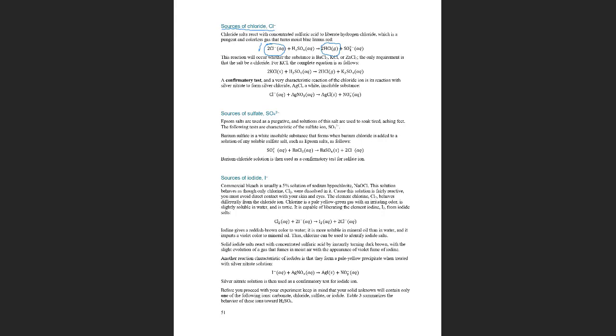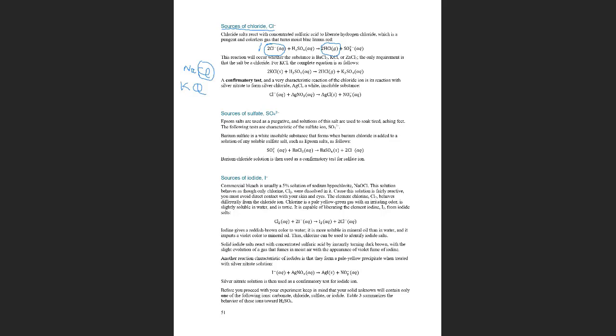So we can have any salt as long as we have chloride. It can be table salt, which is sodium chloride, or potassium chloride. As long as we have this chloride ion and we add sulfuric acid, we are going to obtain that strong